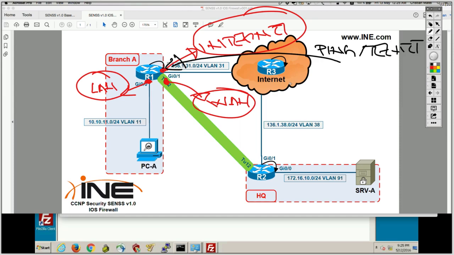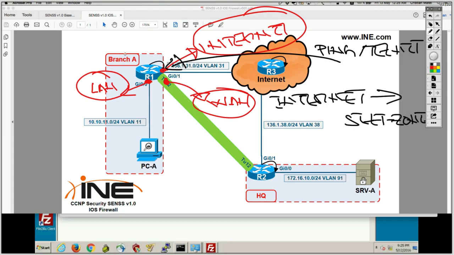That traffic was traffic from the internet zone to the self zone. That was the direction of this traffic flow, because router 1 received that ping or telnet inbound on gig 01, which is a member of the internet zone. And because traffic was destined to router 1, it means it was destined to the self zone. So the traffic direction was from internet to self.